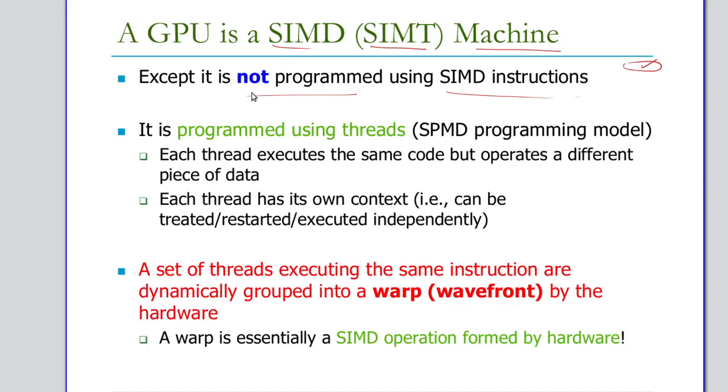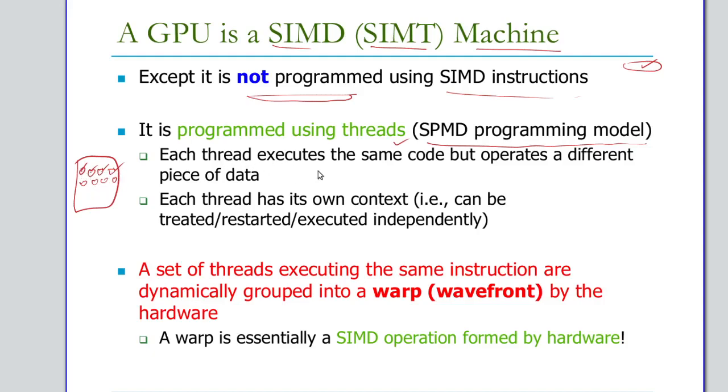So what is happening here is the instructions are not changing, okay. Our code may change a little bit, but the instructions are not that new. So the instructions are scalar, and here we are executing using threads. It is the SPMD programming model. Basically in this GPU you will have multiple such processing elements, and on these processing elements you can execute separate threads. You can launch separate threads with different data.